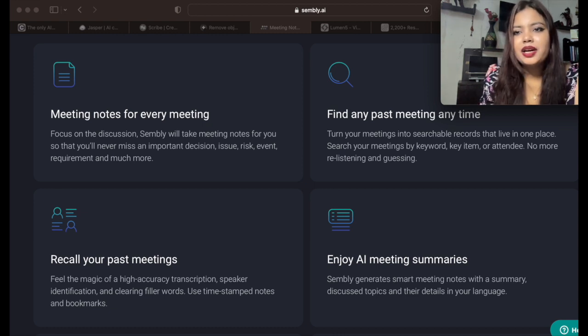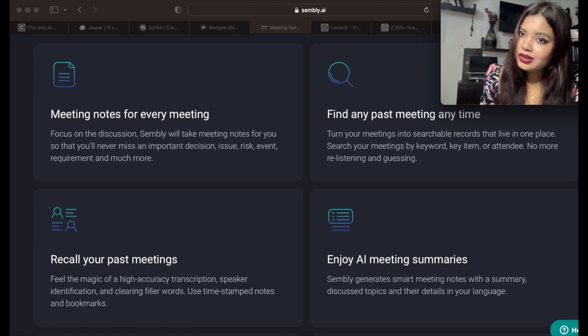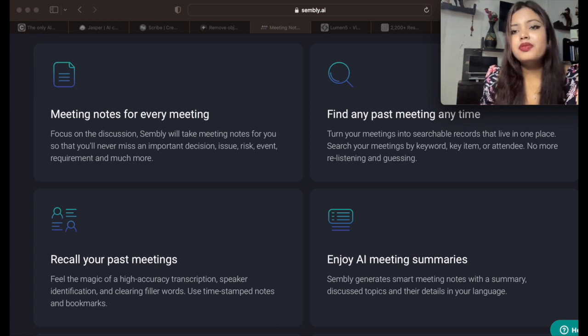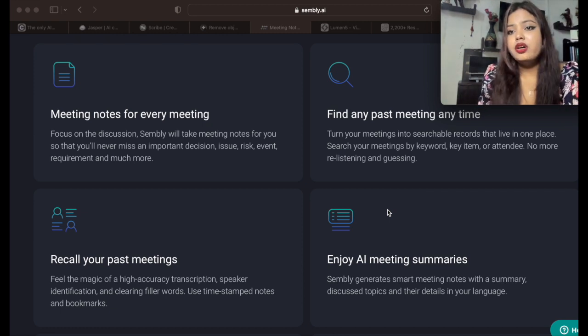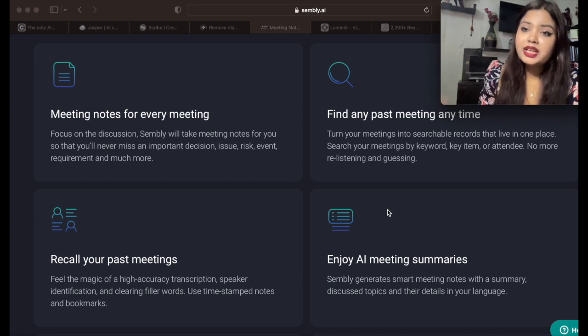So what you can do is perform a quick review of that meeting minute, whatever this tool is creating. Because a tool is a tool, you still need to take a quick look to check whether everything is perfectly written or not. So that's where you can perform a quick QC of the meeting minutes. But other than that, I am sure this is pretty helpful for organizations.